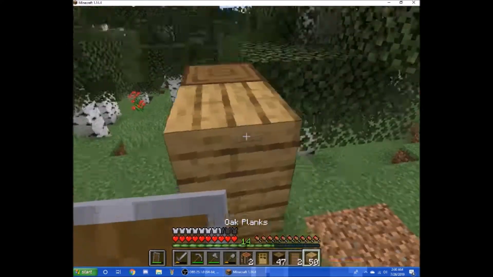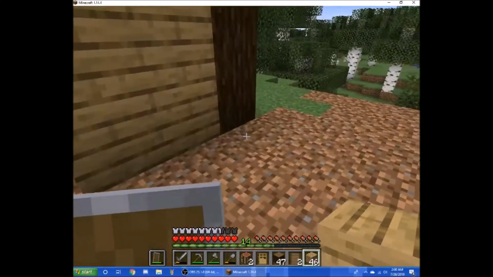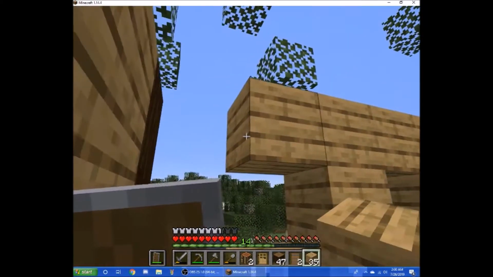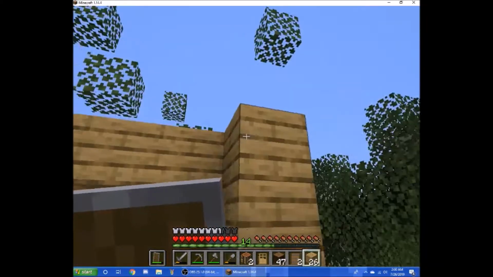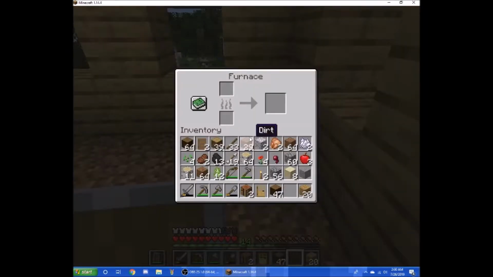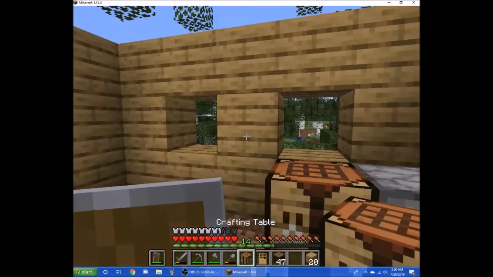Maybe I'll have to go and get some more oak wood at some point, but I hope not. We're going to leave some space for the windows. You are going to need some glass for the windows, and you create glass by cooking sand. So now that we have a few walls put down, let's set down our furnace here and make some sand. Set down our crafting table,